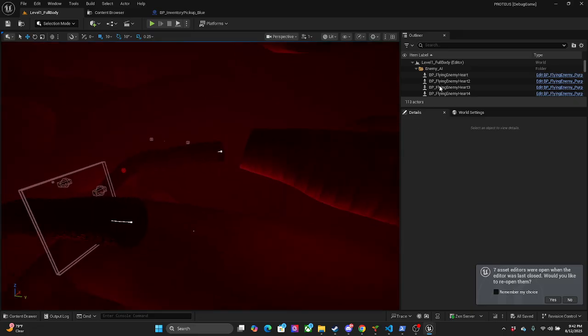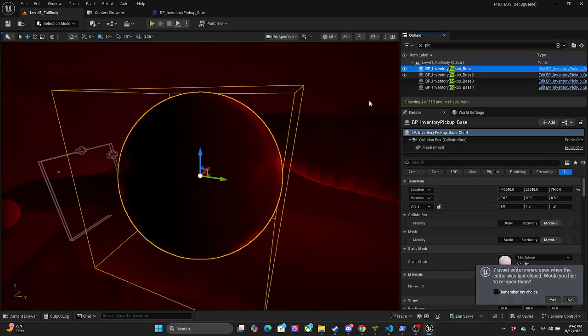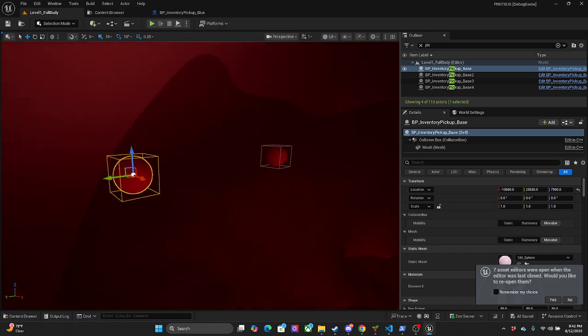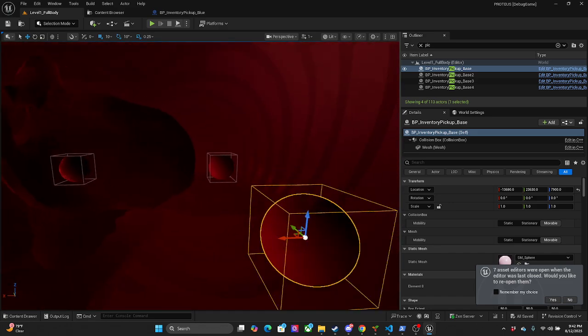Oh, to pink. Let's do this. We're gonna go.